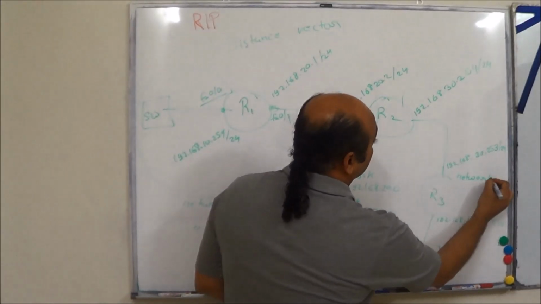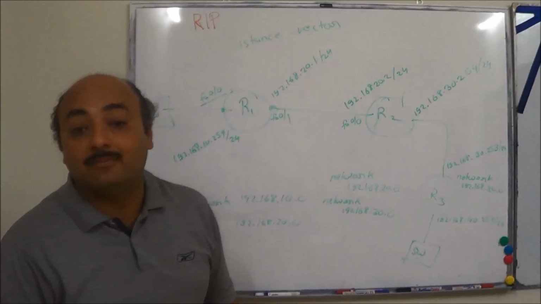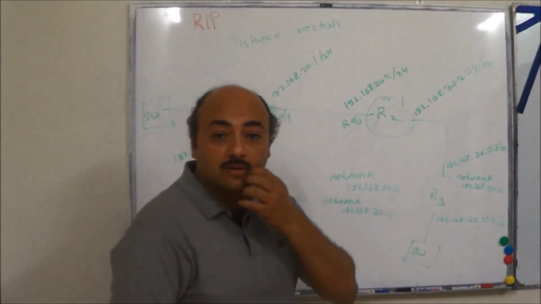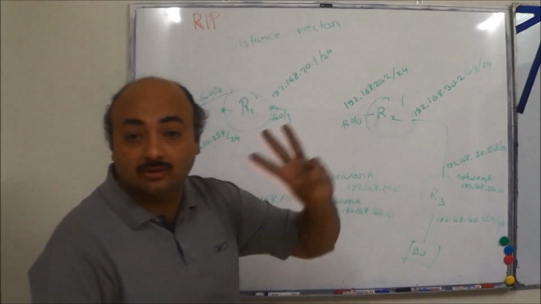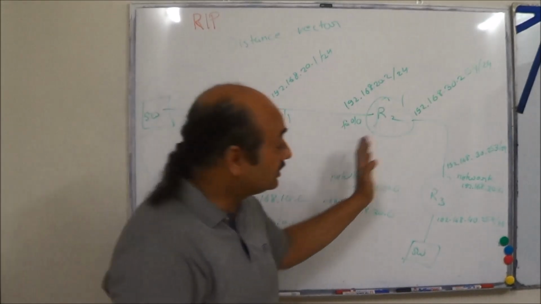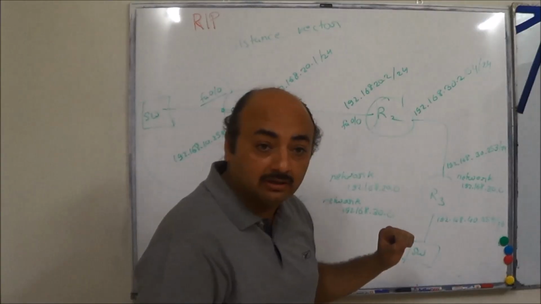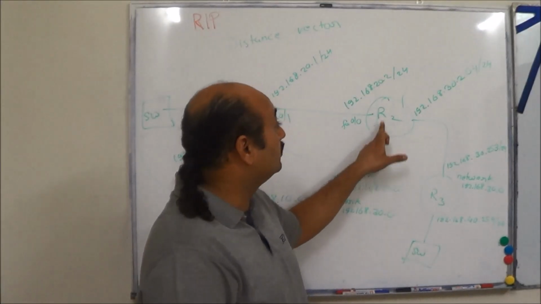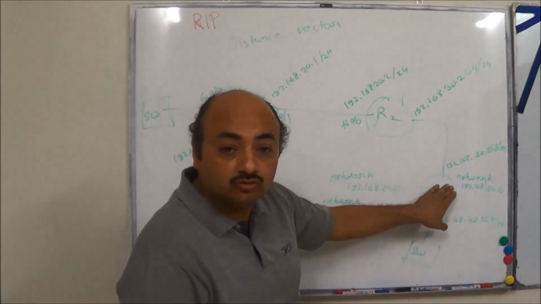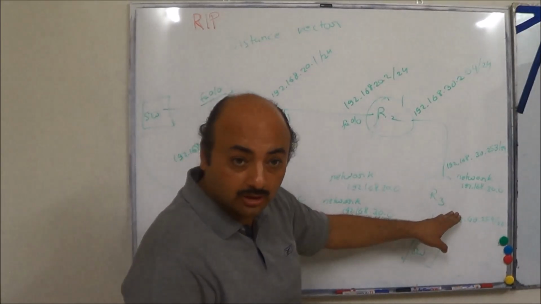Network 192.168.30.0. What happens now? Let's look at 30.0. So what does its neighbor know? 3 nodes: 10, 20, 30 and 10. So it will tell it. But when R2 is telling about 20 and 30, what is it telling? Hop count 1. 30 it already knows, so it will ignore it. About the 20 network, it says okay, hop count 1.